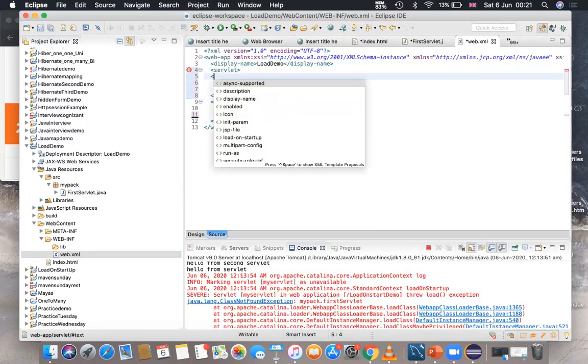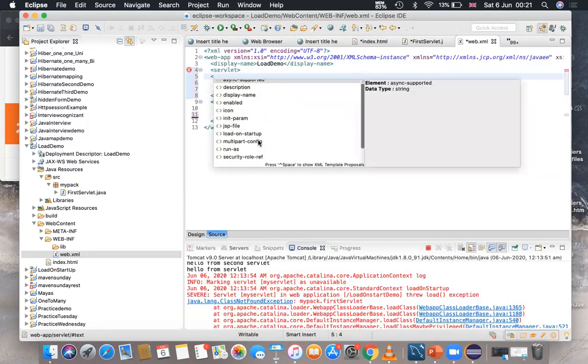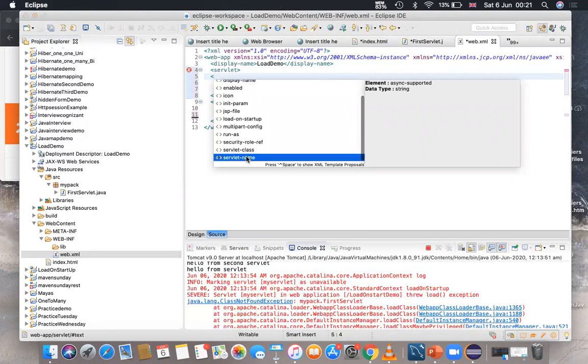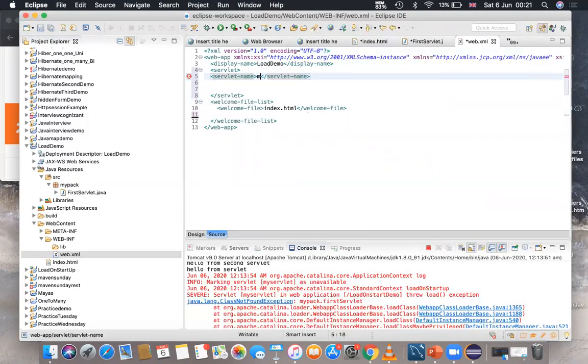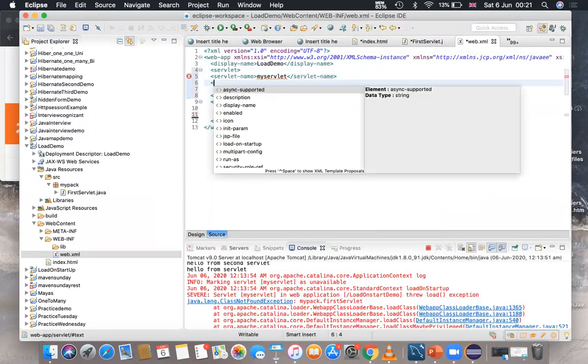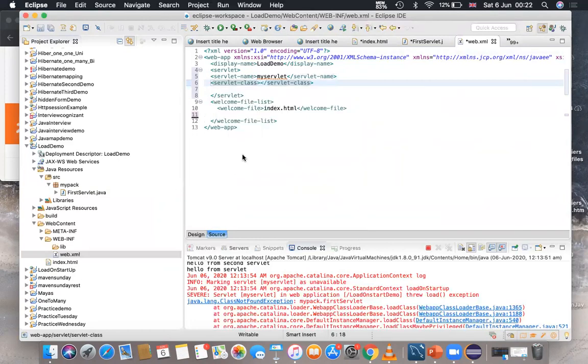First we have the servlet name, which describes the logical name of your servlet. My servlet's logical name is myservlet. And I have one more tag underneath this, and that is servlet-class. You should mention the full name, that is package name dot class name.